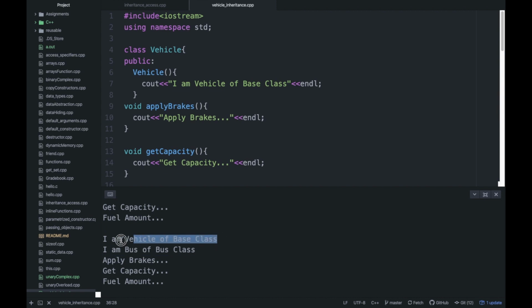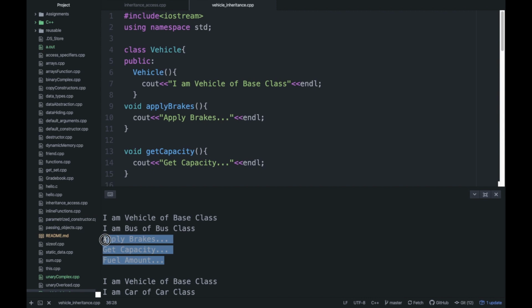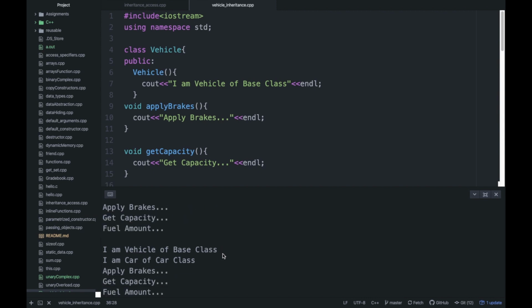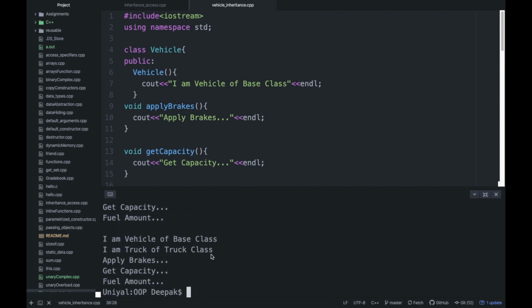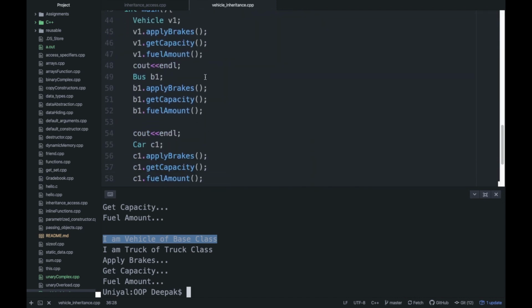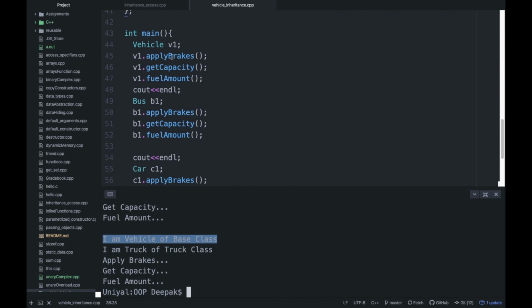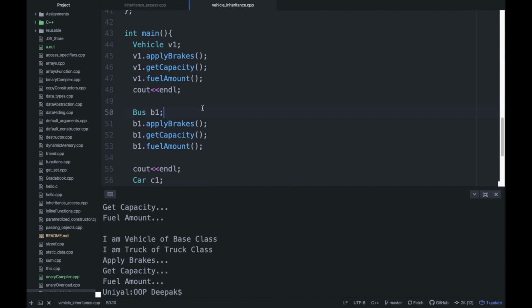So where is it coming from? And then there is output of these three functions. Again it's printing vehicle of base class, then car class. So everything is the same that we have done till now, but one thing is different, that we are getting this in every line, right? So what happens actually, I'm just telling you this briefly, we can discuss it later in more detail. Whenever you create an object of any derived class, the base class constructor is called first, right? So it's a separate matter whether you are calling some default constructor or parameterized constructor.